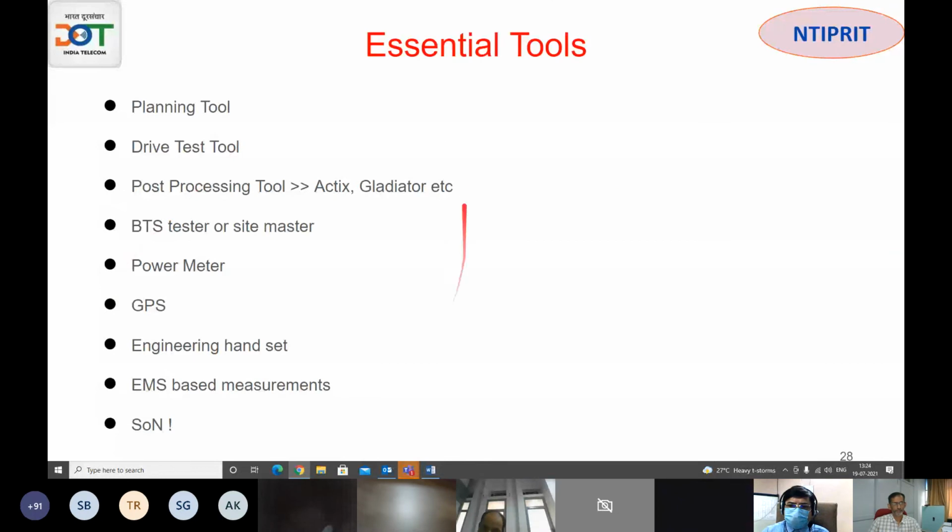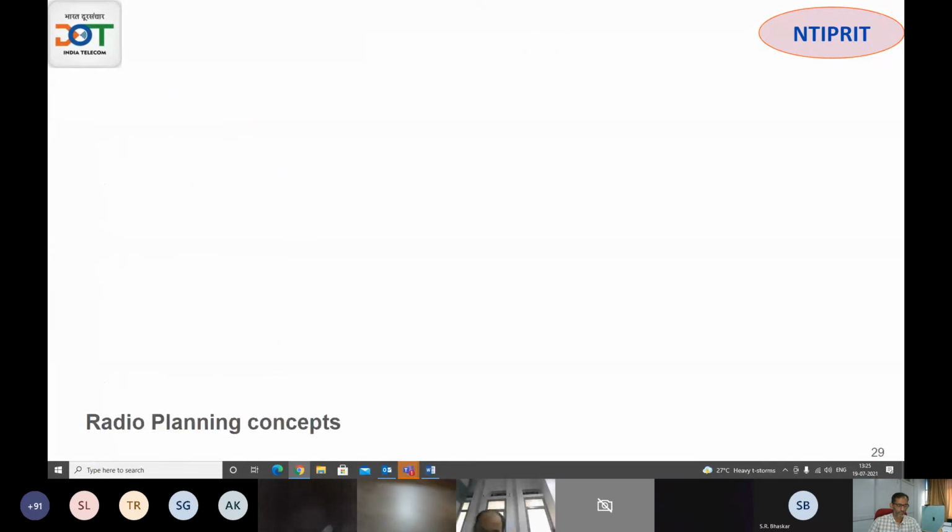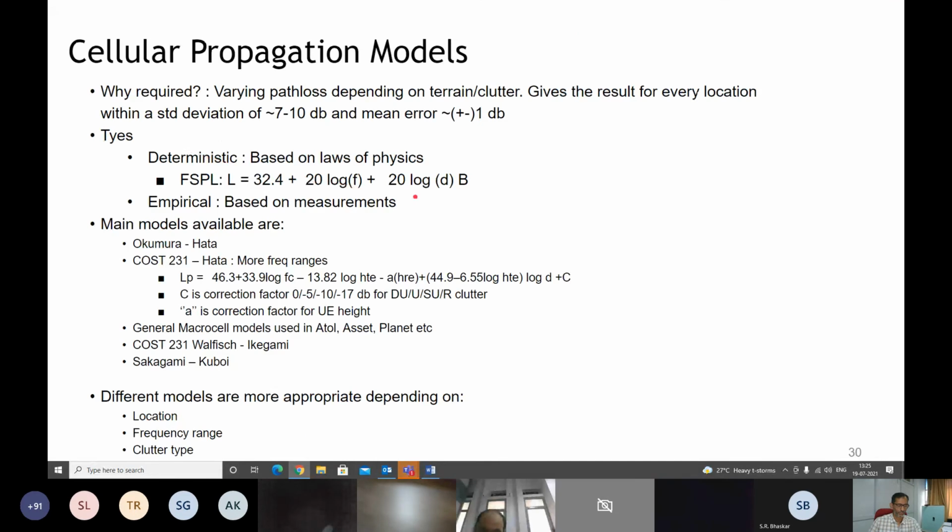So these are the various tools available. You all know planning tool, drive test tool process. So we would like to touch many of these tools during our session. Maybe SON we will not be covering because that will be too much for this. But most of the key aspects will be covered. And later on, hopefully, whenever we acquire a lab here in NTA, we will be able to do that. And this I will not take much time because it is taking time.